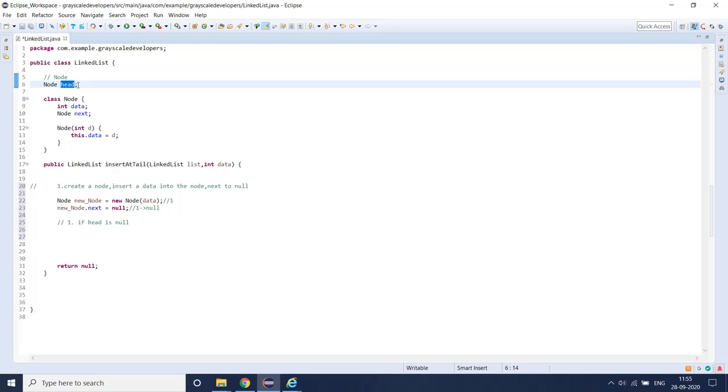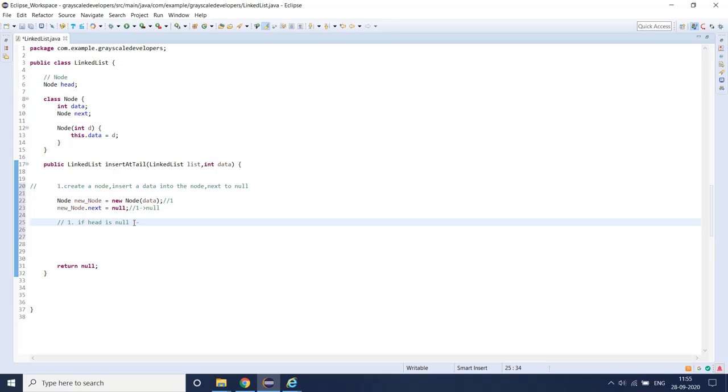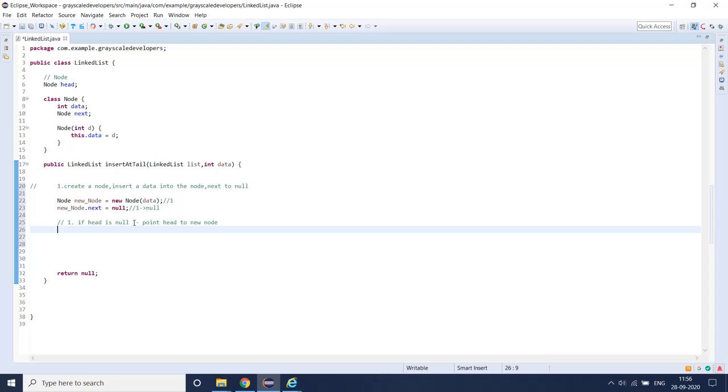So if head is null, then I have to point the head node to the new node. It's like if 1 is the new node, I am making this new node the head.